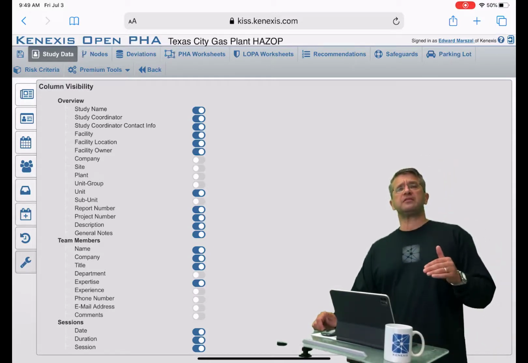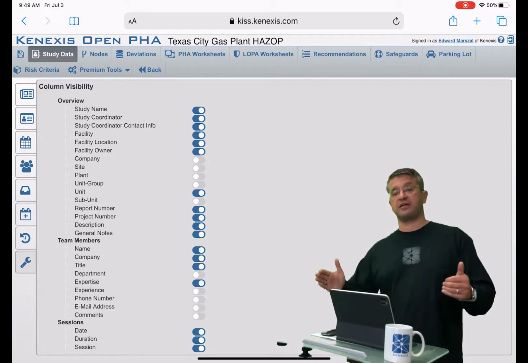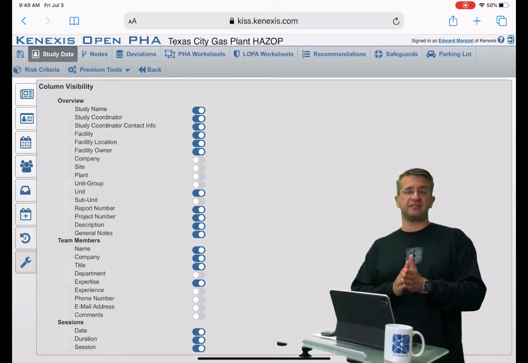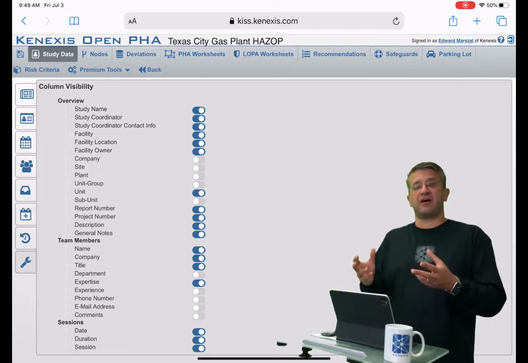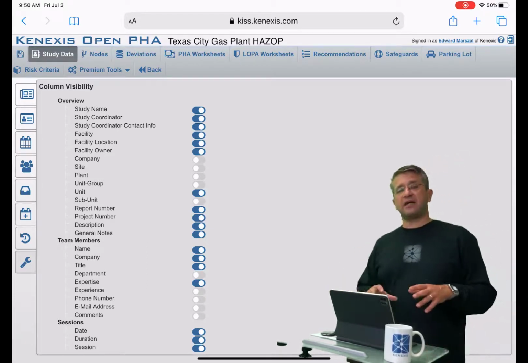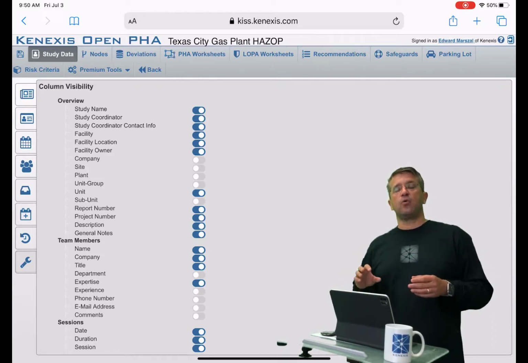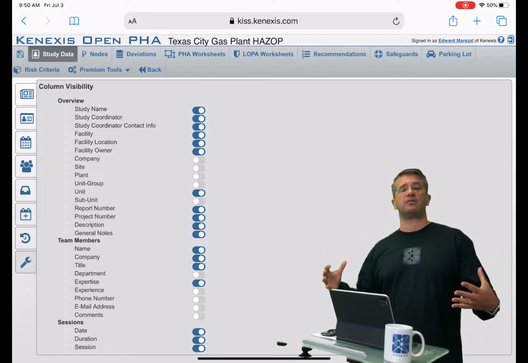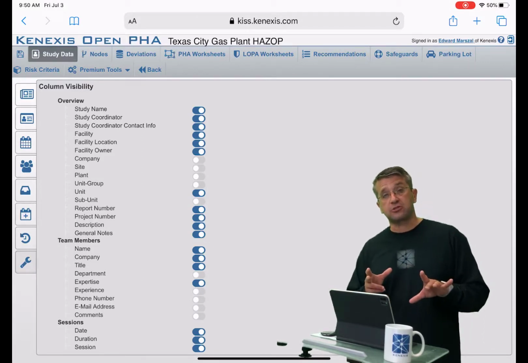So the reason that we have a fixed structure is to allow all of the studies to have exactly the same format, which then allows us to group studies together, compare studies against each other without having to worry about the fact that different files have different formats and the data then can't be compared. So instead of allowing individual users to change the structure of the database, we created the superset, which is a list of all the fields that anyone might want, and then the customization is not changing the database structure, but